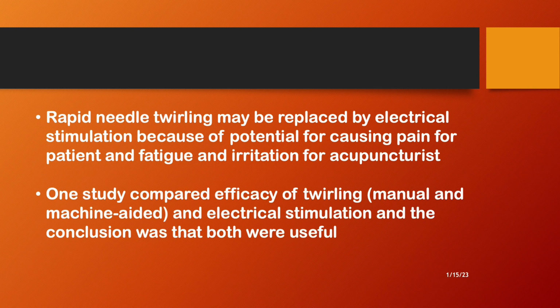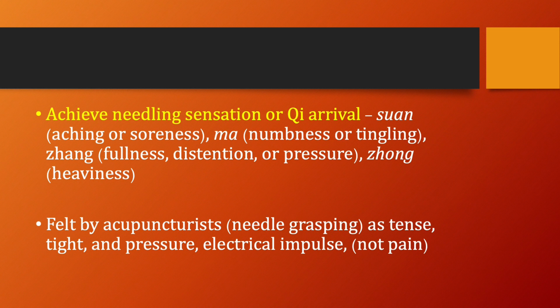The frequently mentioned method of rapid needle twirling may be replaced in some cases by other methods, including electrical stimulation, because of the potential for causing pain for the patient and fatigue and irritation for the acupuncturist. At least one study compared the efficacy of twirling, manual and machine-aided, and electrical stimulation, and the conclusion was that both were useful. During stimulation in all cases, it is always important to achieve needling sensation, known as qi arrival,